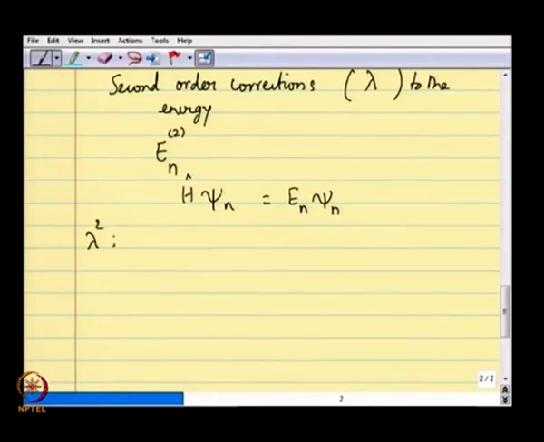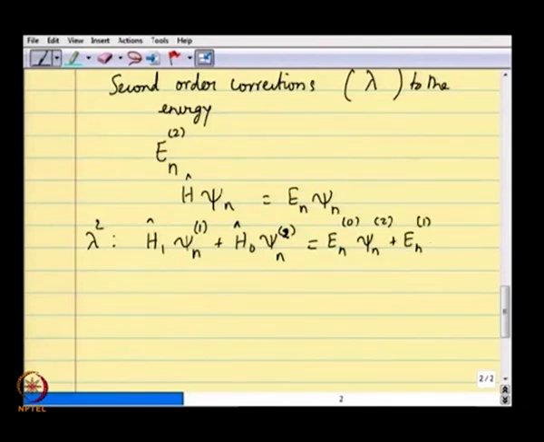Please look back through your lectures a little bit and recall this term, namely H1 psi n 1 plus H naught psi n 2 is equal to E n 0 psi n 2 plus E n 1 psi n 1 plus E n 2